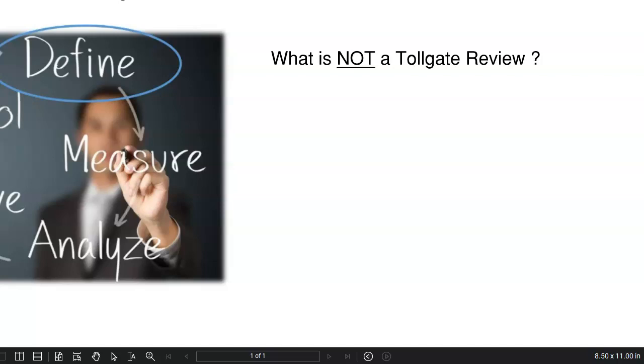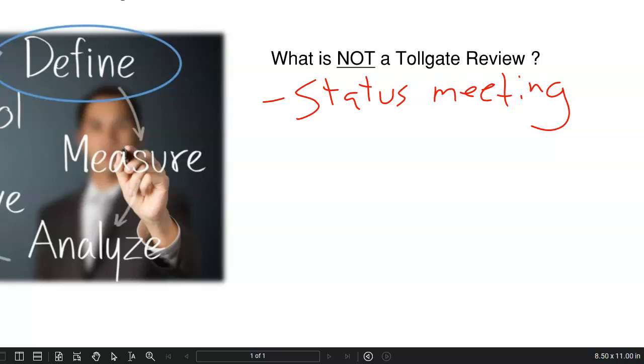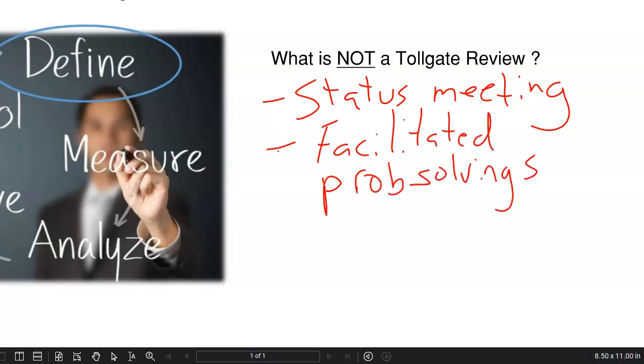what it is not. A Tollgate review is not a status meeting where we're bringing our team together and we're reviewing the activities that just happened and the activities that we're about to perform. A Tollgate review is not a facilitated problem-solving session where we're bringing the team in the room and doing some sort of group